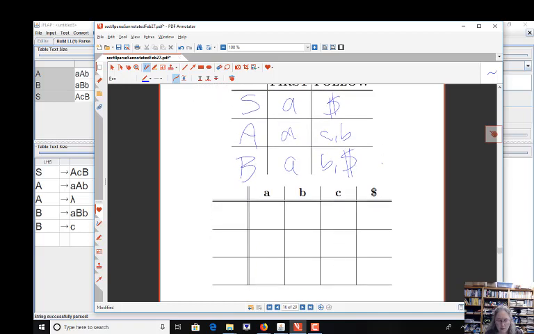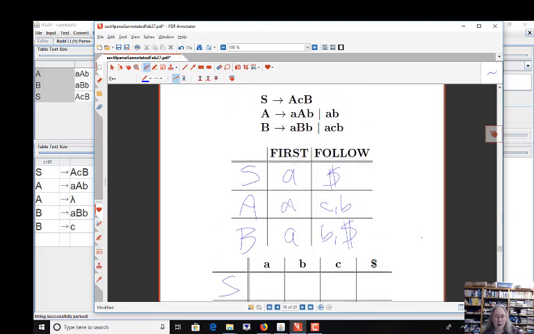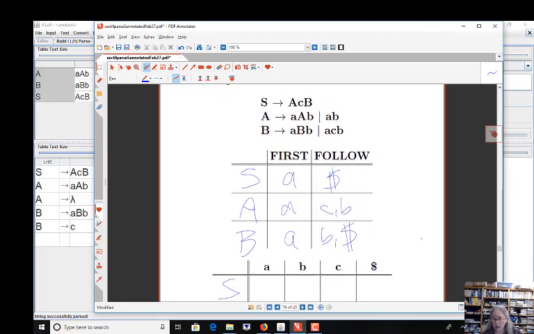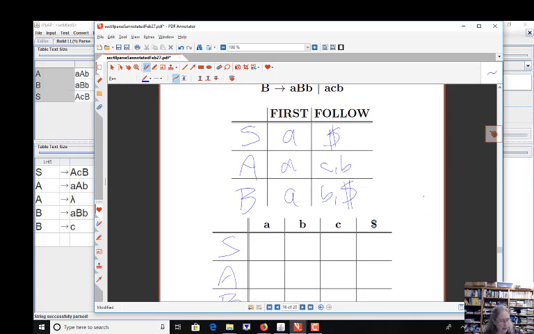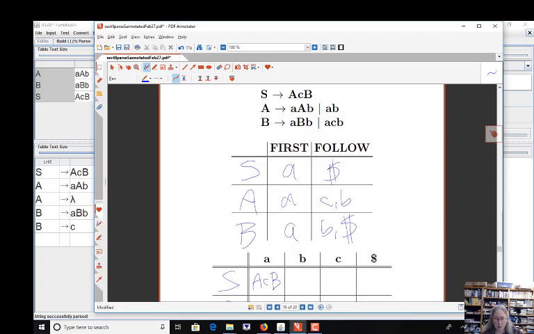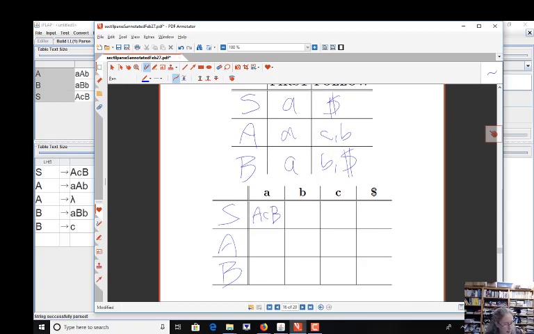Okay, now let's do the table, S, A and B. All right, so now where do we use the S goes to ACB? There's only one S rule. We do the first of ACB and we're just going to get a, so this is going to be used here, ACB. Now this is where it gets interesting. Where do we use the first A rule, which is A goes to aAB? Well, first of that is little a, so we're going to put it under little a,